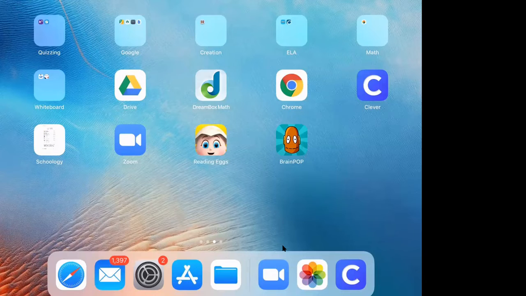The two I want to talk about today are Clever. You should have, when your child received their iPad, a QR code. And we've heard some folks are saying, well, what do I do with that QR code? That QR code is a great tool for our little ones who really don't have letter recognition yet on a keyboard, and to help you out as parents be able to log in without having to type that username and password. We do have to do that for Schoology, but outside of that,